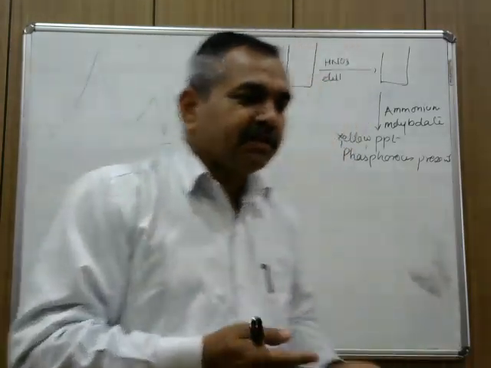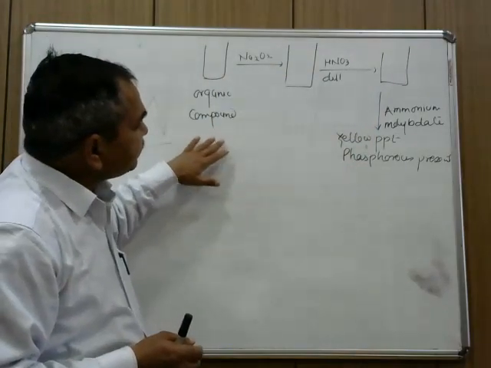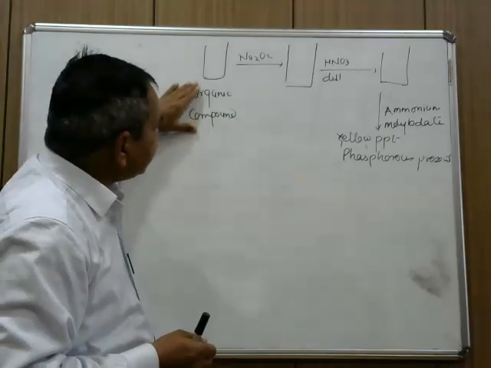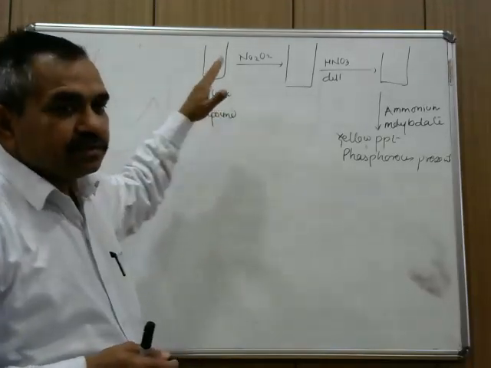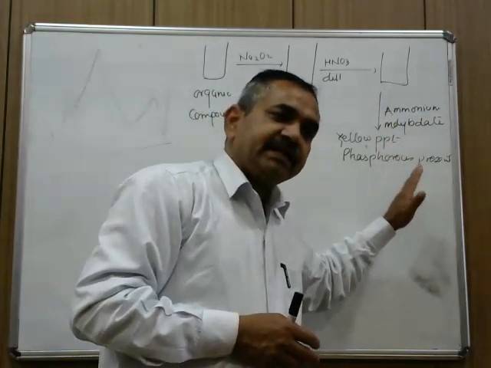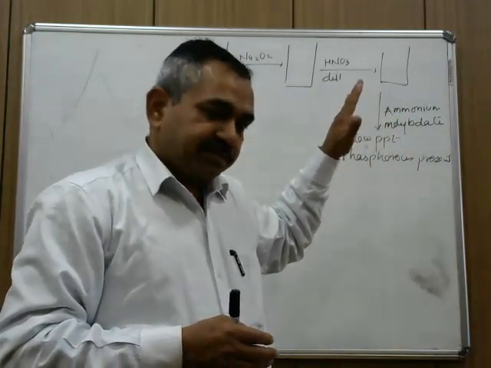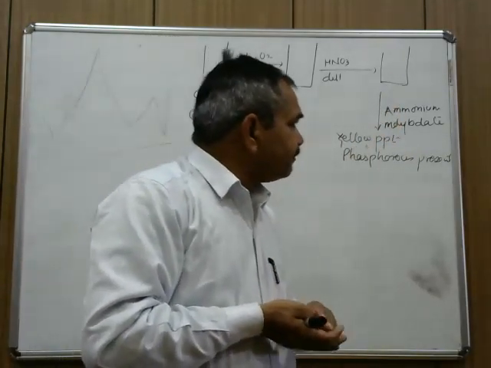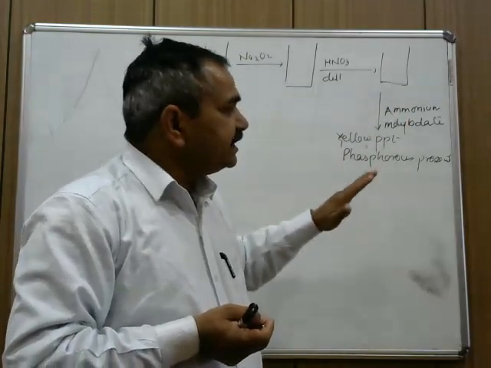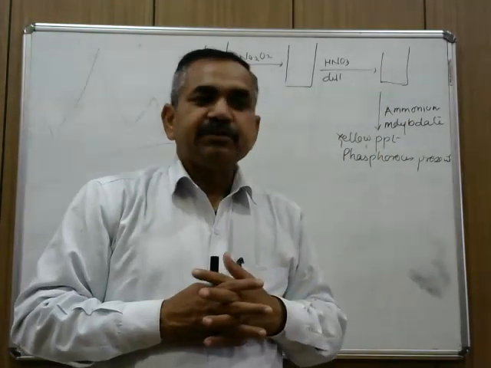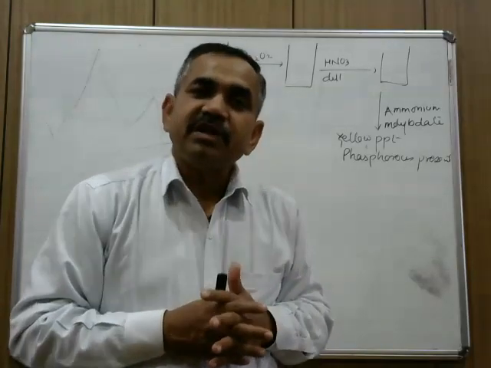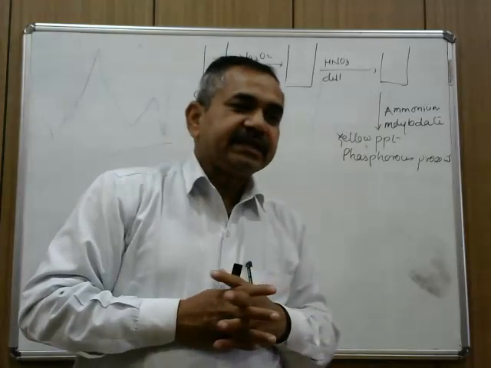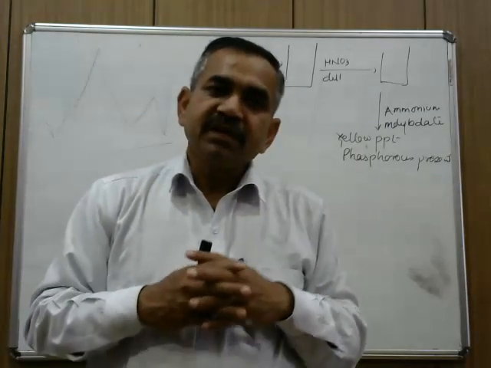In a similar way here also, in the detection of phosphorus, phosphorus that was present in the organic compound in a covalent form was converted to phosphate ions, and then the presence of phosphate ions is detected with the help of ammonium molybdate. This ammonium molybdate which is added here combines with phosphate ion to form ammonium phosphomolybdate, which is a yellow colored compound, and this yellow precipitate confirms the presence of phosphate.